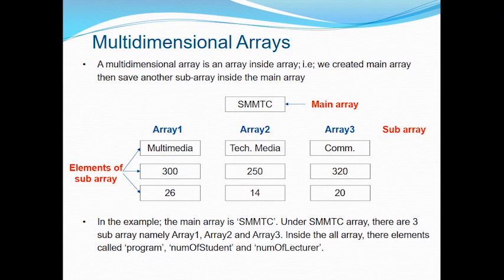For each sub-array, you can create your own elements over here. For instance, in this sub-array, there are three elements. The first element is called program, which can be multimedia, technology, media, and communication. And the second element of the sub-array is called number of students. So these are the number of students for multimedia, for technology, media, and for communication. And finally, the third element of the sub-array is called number of lecturers, which represents each program, multimedia,